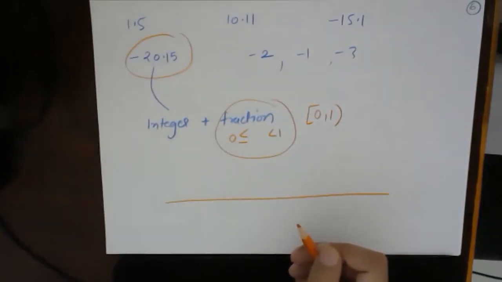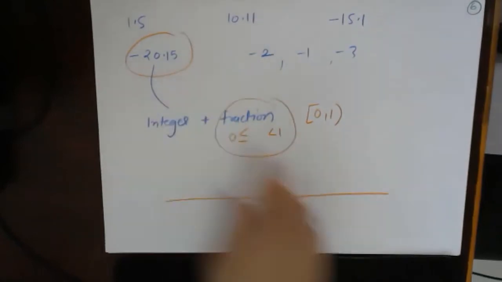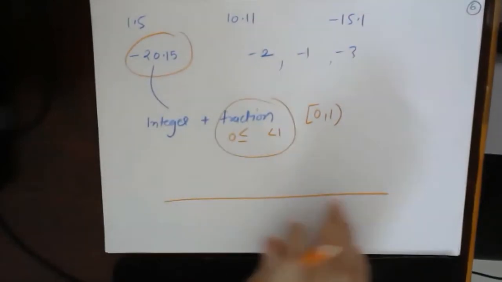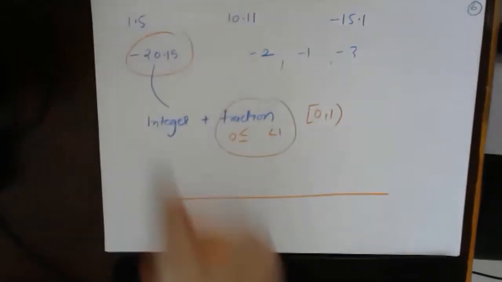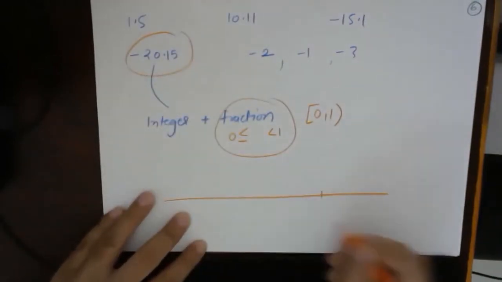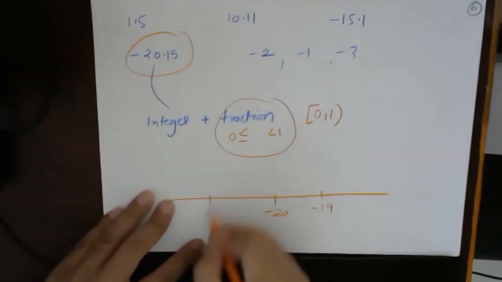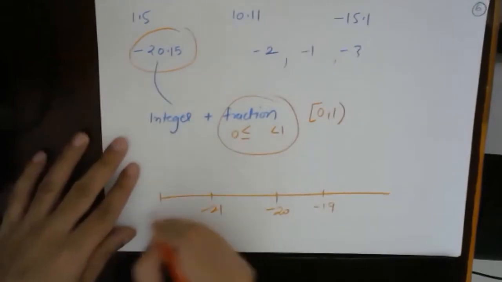And first, that is what I'm saying. Just look at it. I'm telling it from the beginning only. You know how we will get minus 21 as the integer. So minus 20. This is minus 19, minus 20, and minus 21, and minus 22.